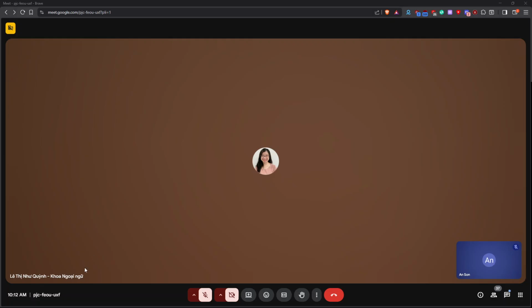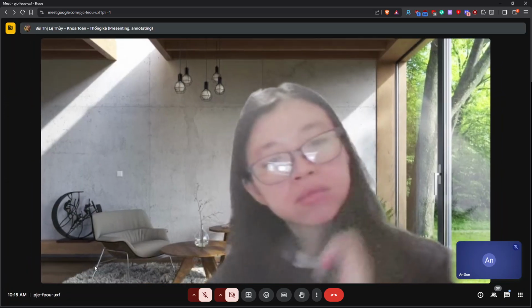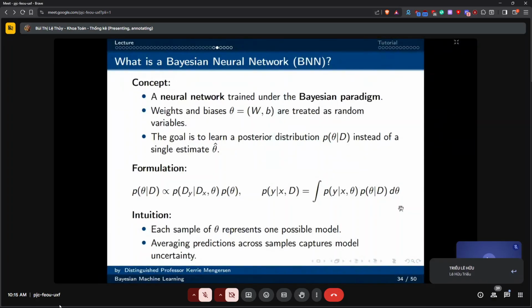So a neural network is like a regression model, but we're going to have different connections between the different variables, and we're going to set it up like a network of connections.